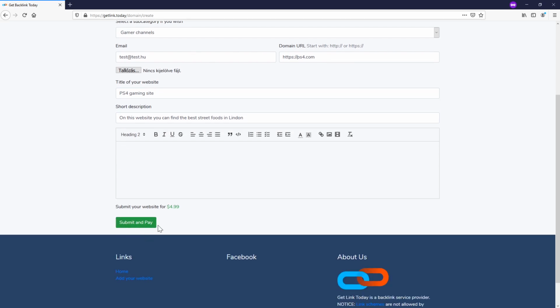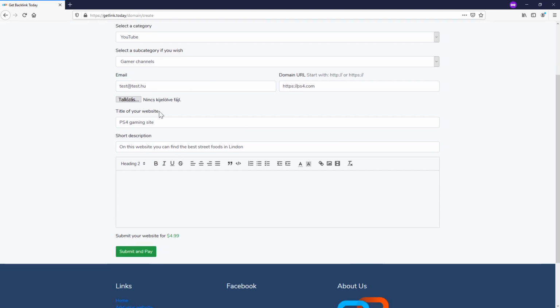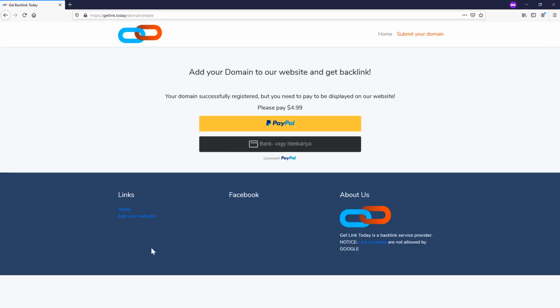So if somebody typed in their details, then they can submit and they will be redirected to the PayPal payment page. So if you submit it, the domain is already successfully saved in our database, but to actually be displayed on the main page, you need to pay $4.99, and we will use PayPal